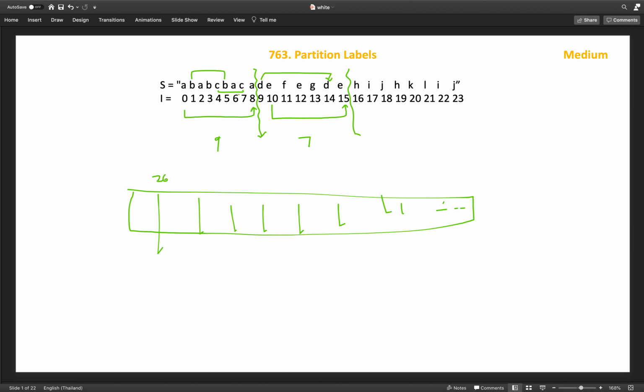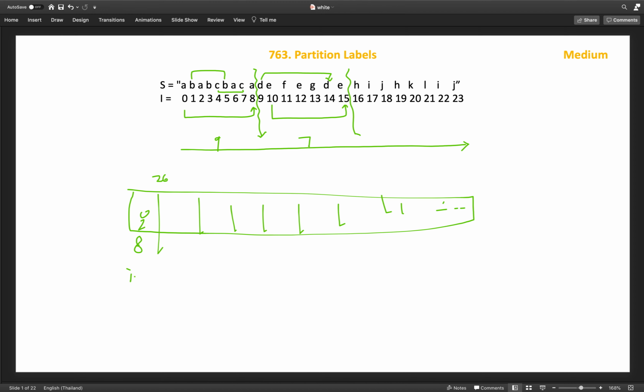Let's say A. We will iterate over the full string in one pass and continuously update the last position of each character from left to right. So the first A will be at index 0, then A comes at index 2 and so on. This will be overridden till index 8. Like this we will get the last index of each character in the array, and after that we will iterate over the string again